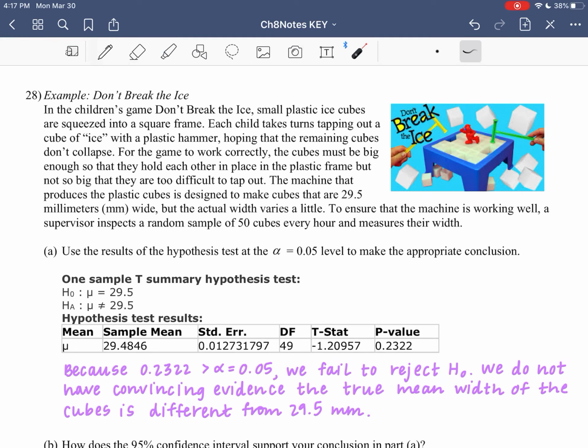So this machine that produces the plastic cubes is designed to make cubes that are 29.5 millimeters wide, but of course the actual width varies a little bit. To ensure that the machine is working well, a supervisor inspects a random sample of 50 cubes every hour and measures their width. So in part A, we have the results of a hypothesis test with a significance level of